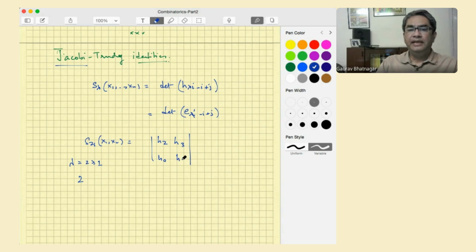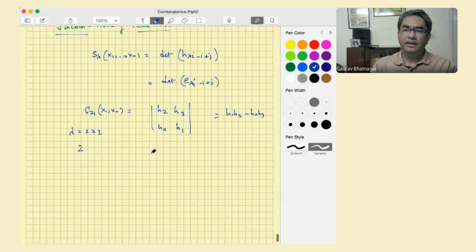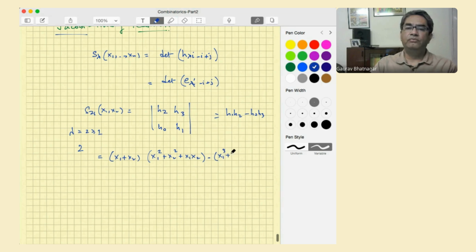Sorry, and H1. So this is H1, H2 minus H0, H3. This I think one can do by hand. So H1 is X1 plus X2, H2 is X1 square plus X2 square plus X1 X2, and you're subtracting this by H0, which is 1, and H3 is X1 cube plus X2 cube